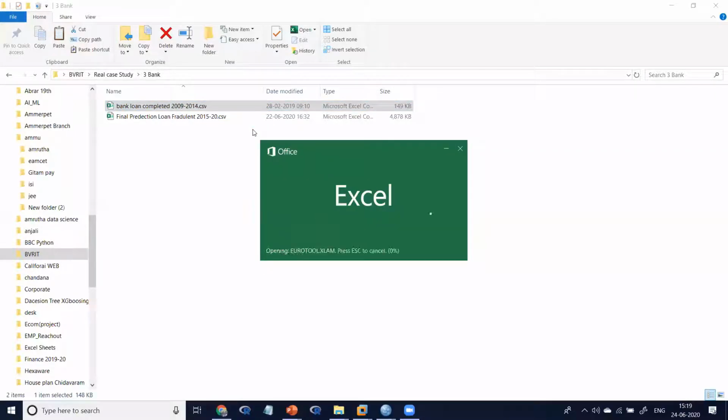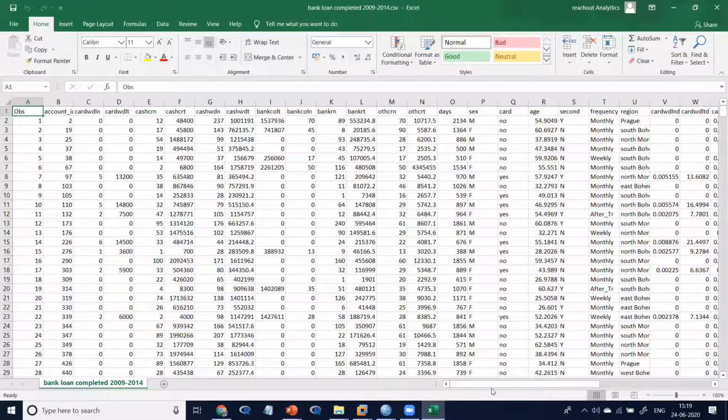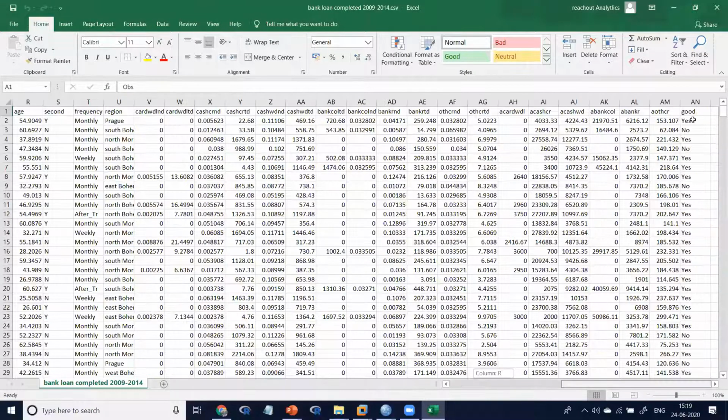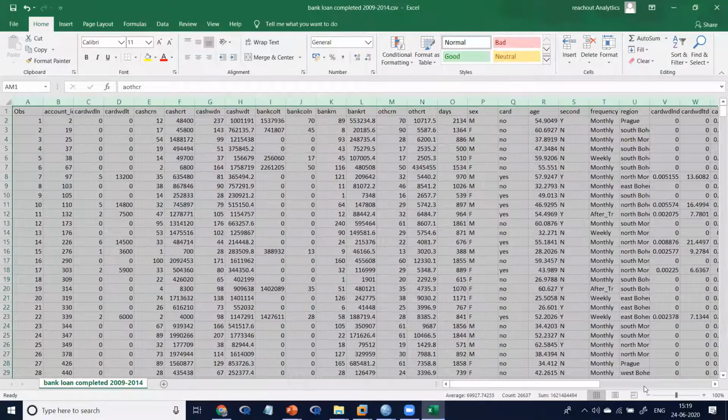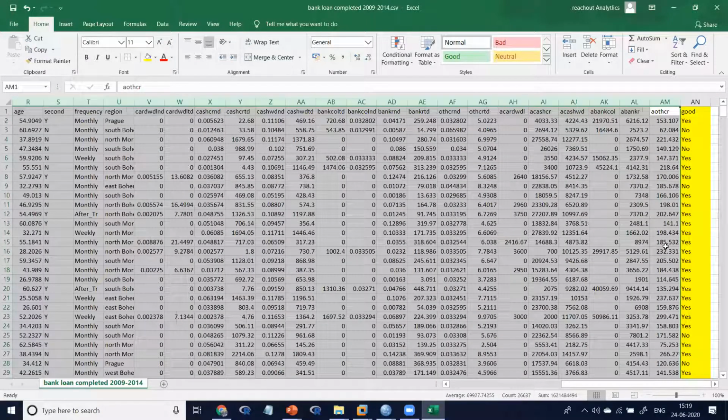At a time, how to find out the data quality. Now I want to predict who is becoming a defaulter. This is your target variable. The rest of all are independent variables.